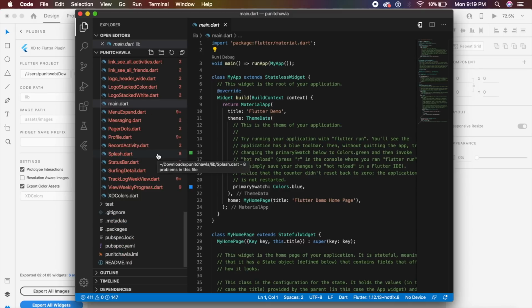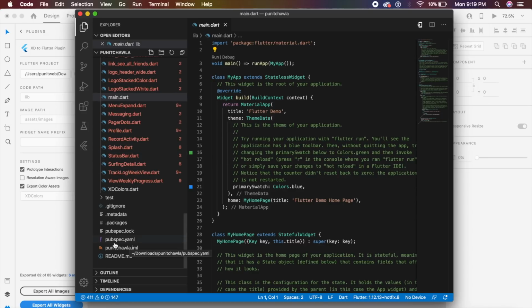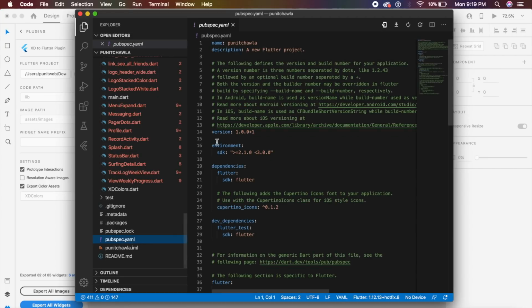To remove these weird errors, what I'm going to do real quick is go down to a package called pubspec.yaml. Click on this and you will get this entire page. On the top, you'll have the title. That is how you identify it. Under this, there is something called dependencies.